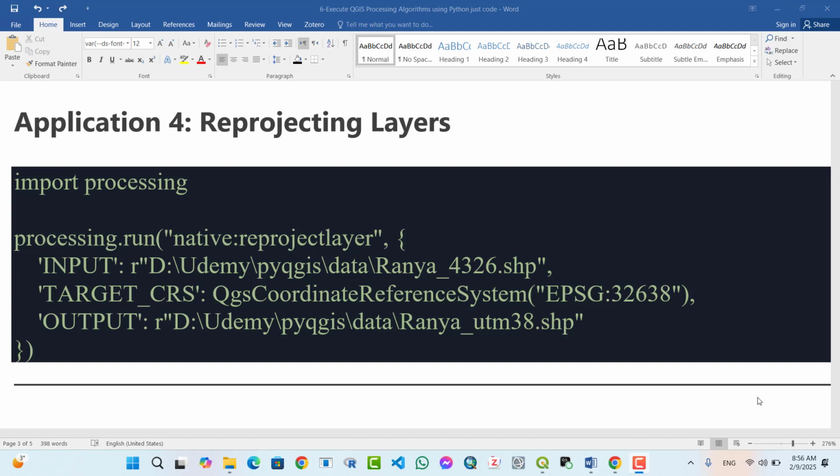Application 4, Reprojecting layers. Reproject a layer to a different coordinate reference system, CRS, using the native Reproject layer algorithm. Start with importing processing. Processing.run, native Reproject layer. Input,